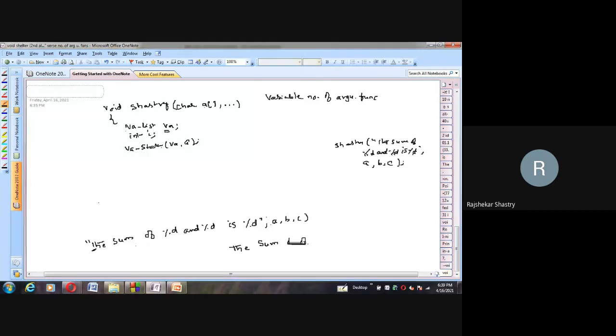Once the binding is over, we have to start reading character-wise. First we read T, then H, then E, then space, then S, U, M, then again space, O, F, space, percent. Until a percent is encountered, we go on reading characters, and if they are not equal to percent, we read the next character. If it is d, then we have to fetch the integer, the first argument.